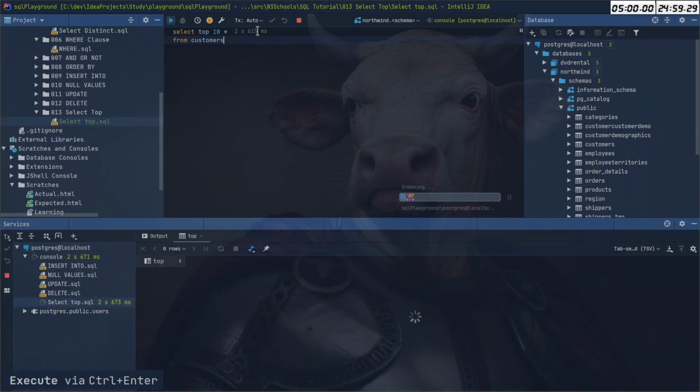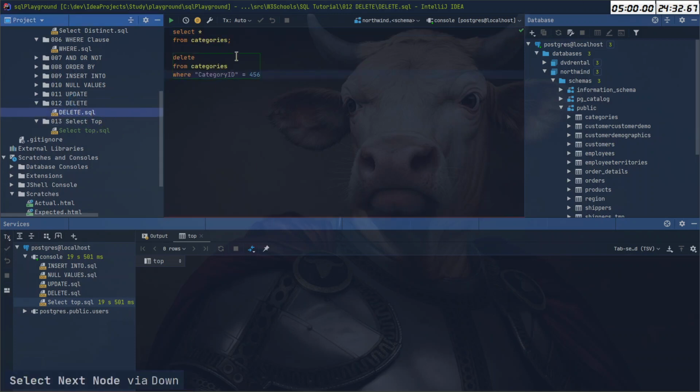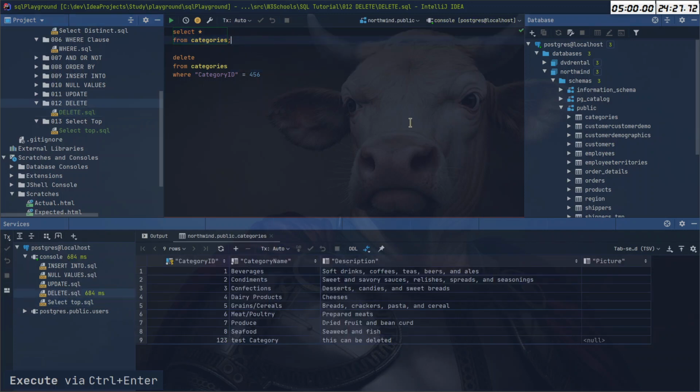I'll stop this timer, start the SQL timer, and start my Postgres server. Okay, so I just want to try if something works. Okay, so I can connect,